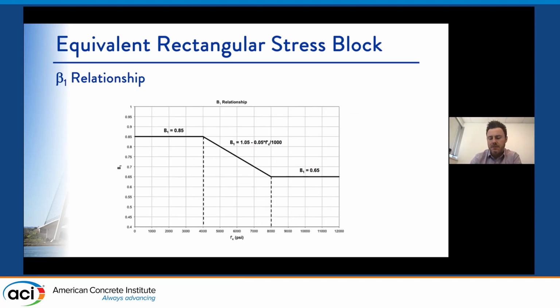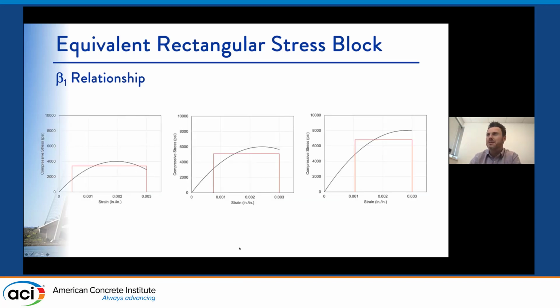I gave a presentation at the professor's workshop a couple of years ago, and Jim White came up to me afterwards, and we had a good conversation about Beta1 and how to visualize that. These three figures actually came out of that. It's a simple way to help visualize what Beta1 does and what the 0.85 f'c does as well. The point is to create an equivalent resultant force with roughly the same